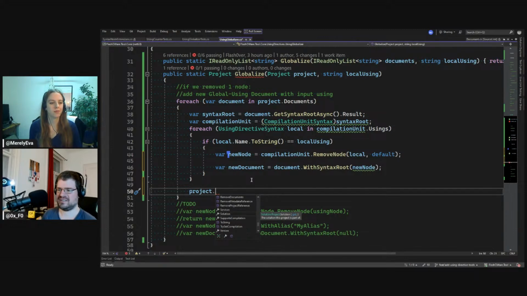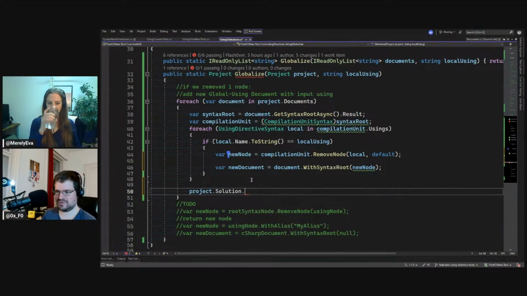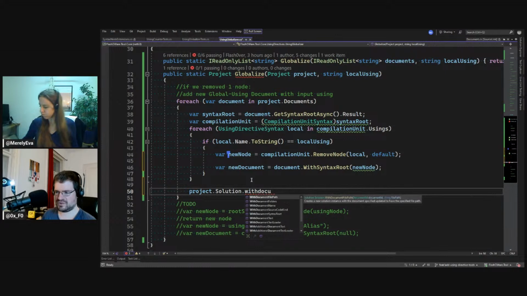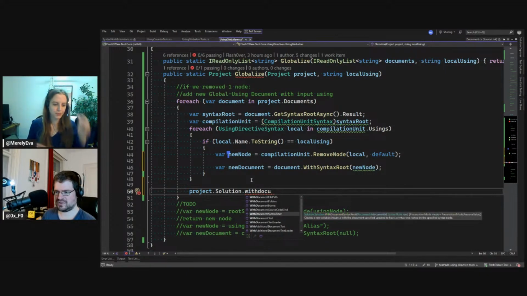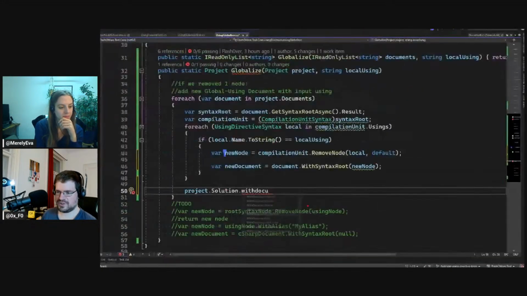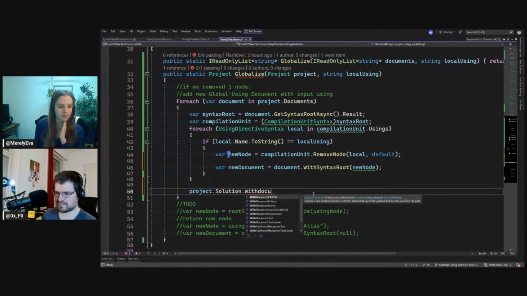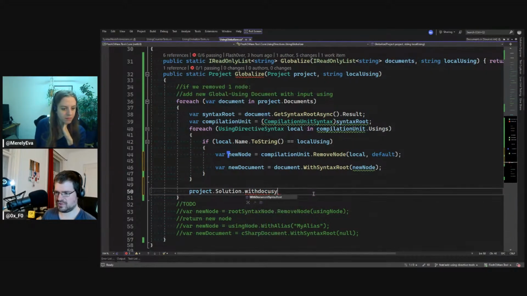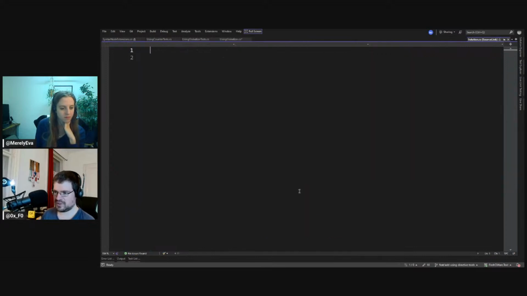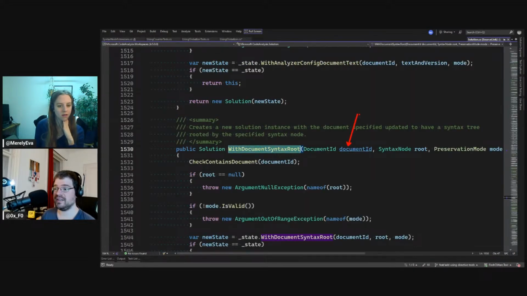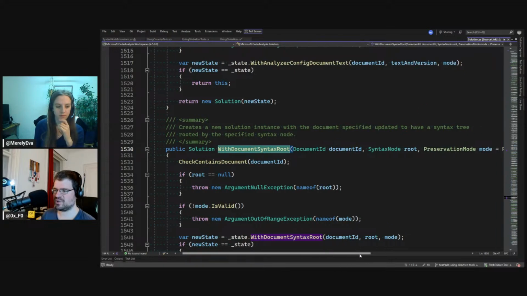Can we just override it somehow? Maybe the solution has some WithDocumentSyntaxRoot. Oh, maybe that's the thing. That looks promising. What was it? WithDocumentSyntaxRoot. Yes, that looks promising because that takes a document ID and a syntax root and also has a